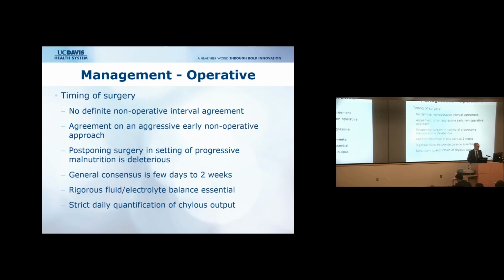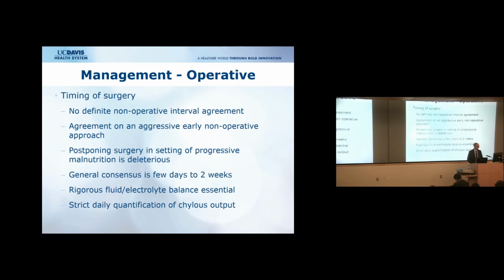early non-operative approaches, such as, sorry, not NPO, but making sure the patient doesn't become malnourished, that you quantify the output, and make sure that they aren't becoming progressively ill in the setting of sepsis. Postponing surgery in the setting of progressive malnutrition is a bad thing to do. So if that's becoming the case, then you have to really step up the treatment